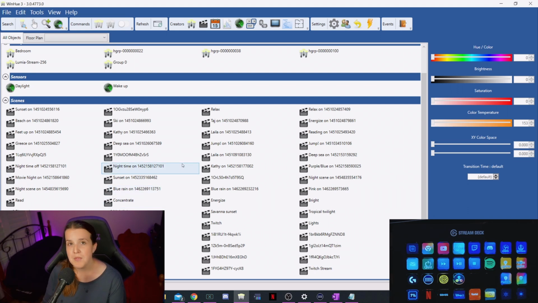Now there's a whole heap of different things that you can do with this. You can set up extra scenes and groups and set up a schedule so the lights turn on at a certain time on a certain day, things like that. But the main thing that we're going to look at today is this one, which is the hotkey creator. So you're going to click on this